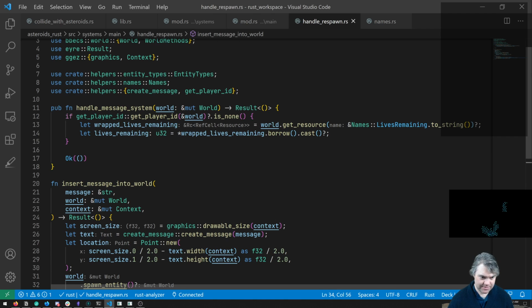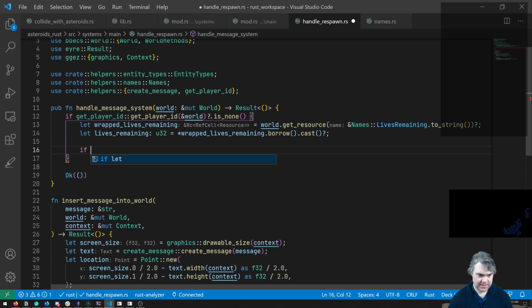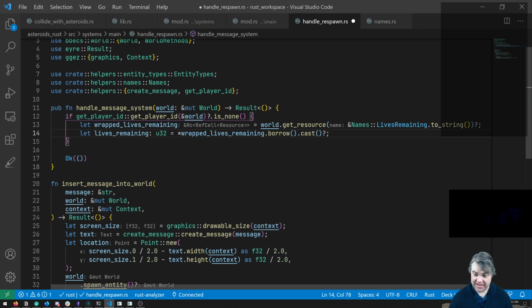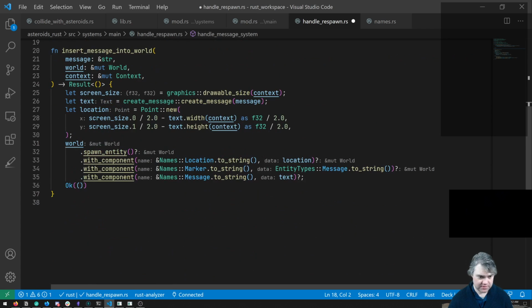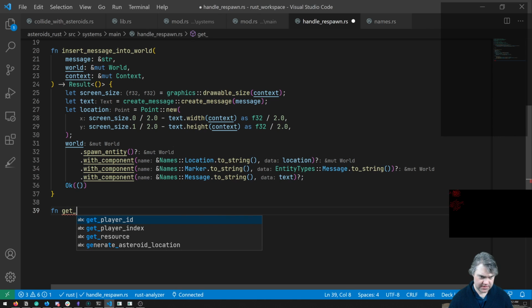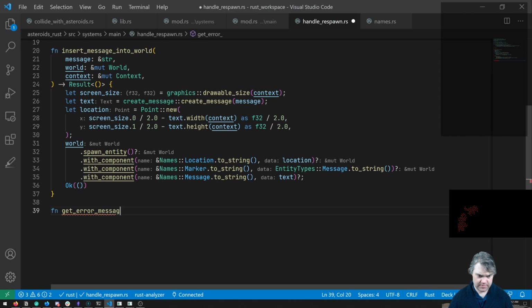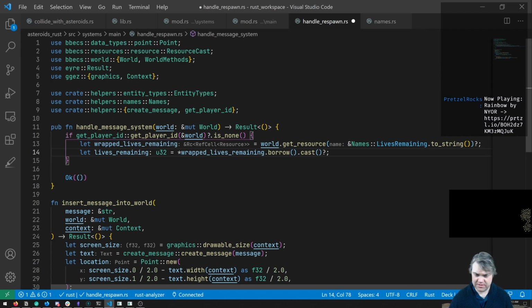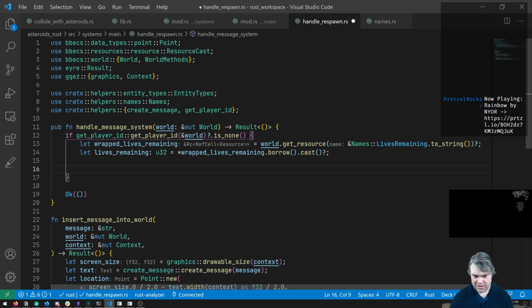Nice. And that means we can now test to see if we could get the message that we care about here. And that could be another function. So function get message. We can actually match. Oh, we can match on this. Okay, let's just do that here. We want to let message equal to. So if we have no player ID, we want to do